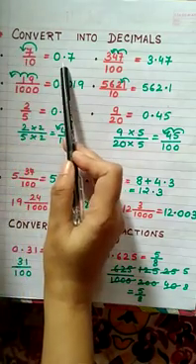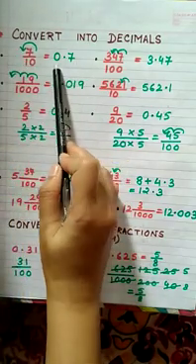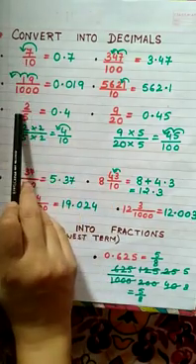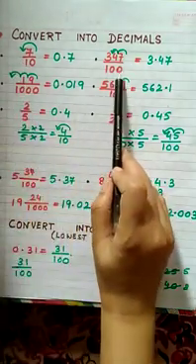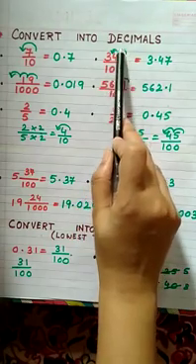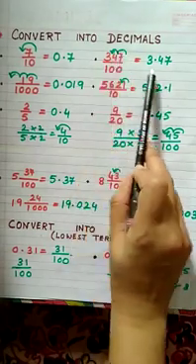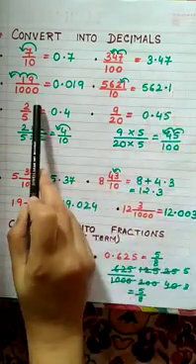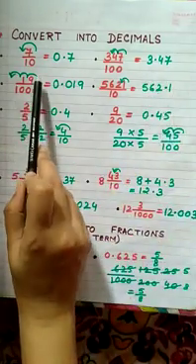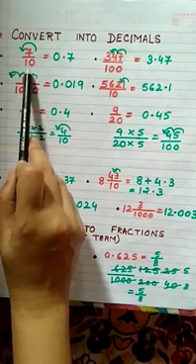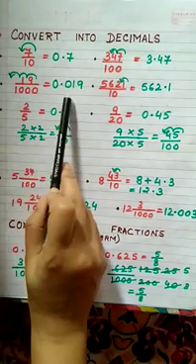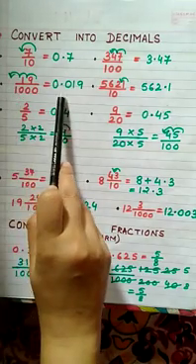So we have 0.7. We write 0 for the whole number place because we don't have a whole number here. Then we have 2 zeros here. So we shift the decimal 2 places back and put the decimal here. It is 3.47. We have 3 zeros here. So we shift the decimal 3 places back. 1, 2, 3. But the third place is having no number. So we put a 0 and then put the decimal.